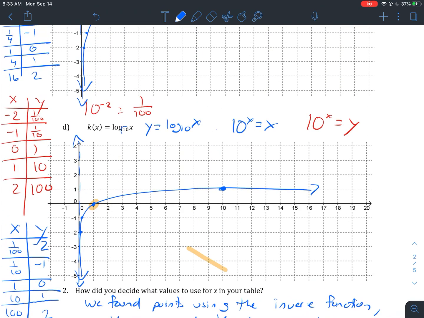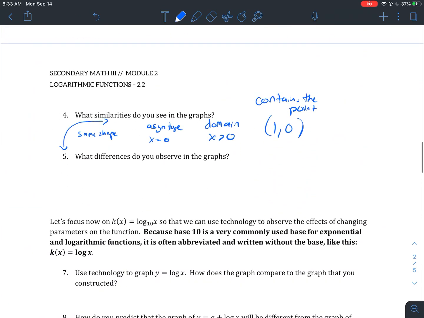Then it says, what differences do you observe in the graphs? So essentially, the bigger this base is, that's going to impact the shape of the curve. So you could just say the base changes. You could just say how fast it grows. All right, so I'm not going to finish the task in this